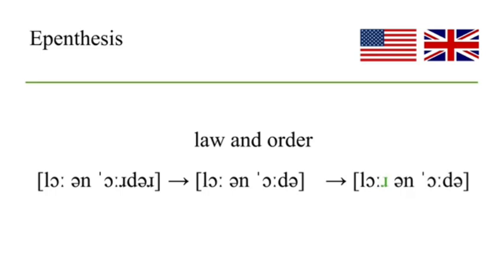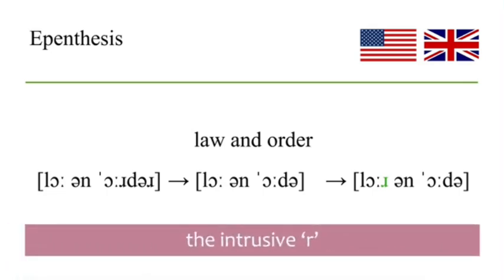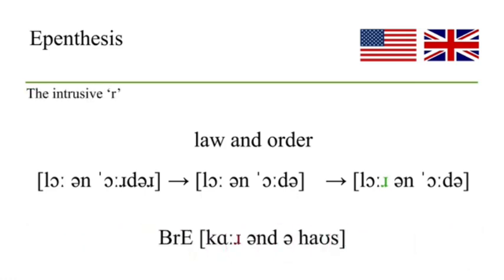Even in North American English, there's no R. This is called intrusive R. Intrusive R is like, I don't know, maybe it's because of analogy, like "car and a house", you see, an R is inserted intervocalically. Here, without there being an R, British English speakers actually insert an R. It's not there, but while they're speaking, they insert it. They say "law-r-and order".